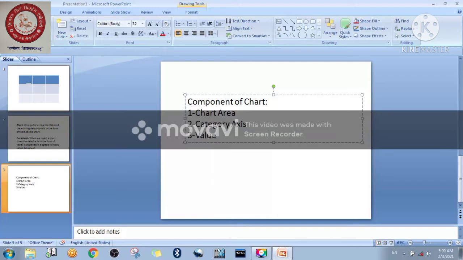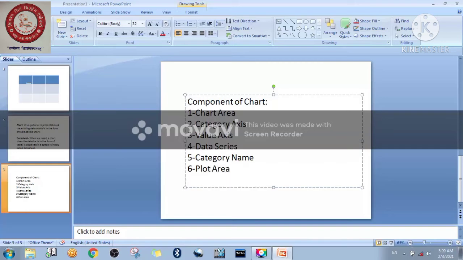Now the third one, value axis. Fourth one is data series, fifth one is category name. Then you can take the sixth one as plot area.